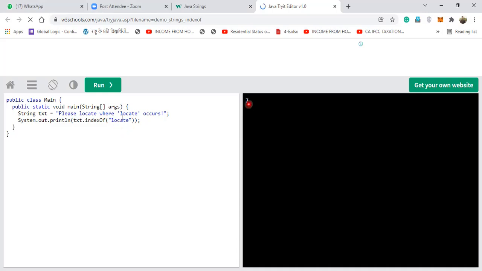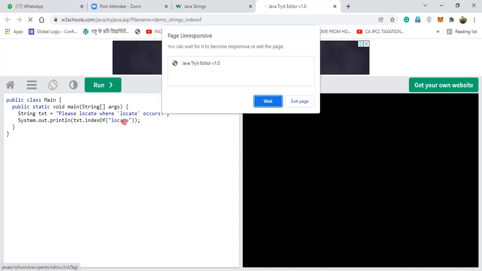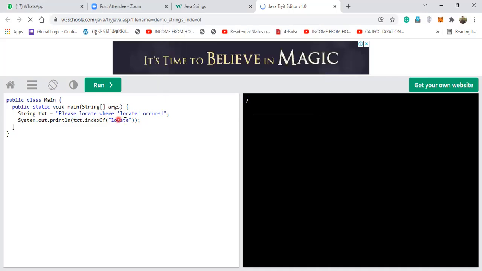Okay. This is the first index. Now, suppose I specify here, find it after 7. See, I'm finding the first occurrence at 7. Now, suppose I make a correction in my program. Just wait a second.